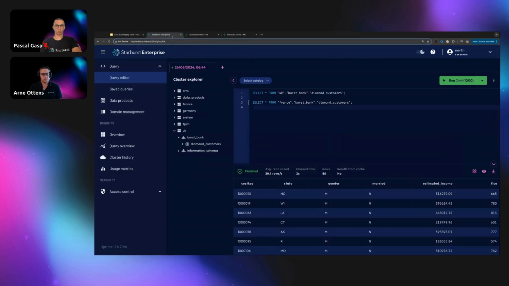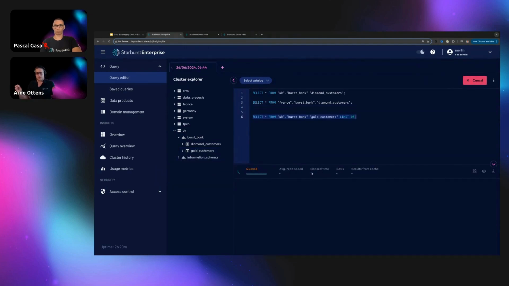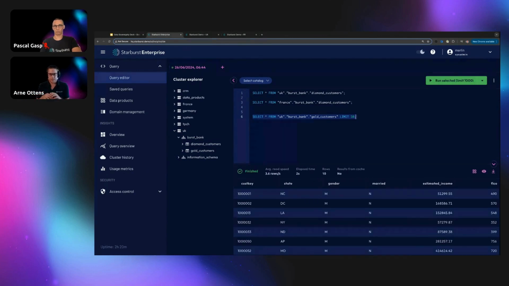If we now go back to our headquarter cluster and refresh here, we do see that in Burst Bank we have our gold customers available, and I can query those. What's happening now is that we are not taking all the data that is exposed through the remote cluster, getting the data and processing it here.